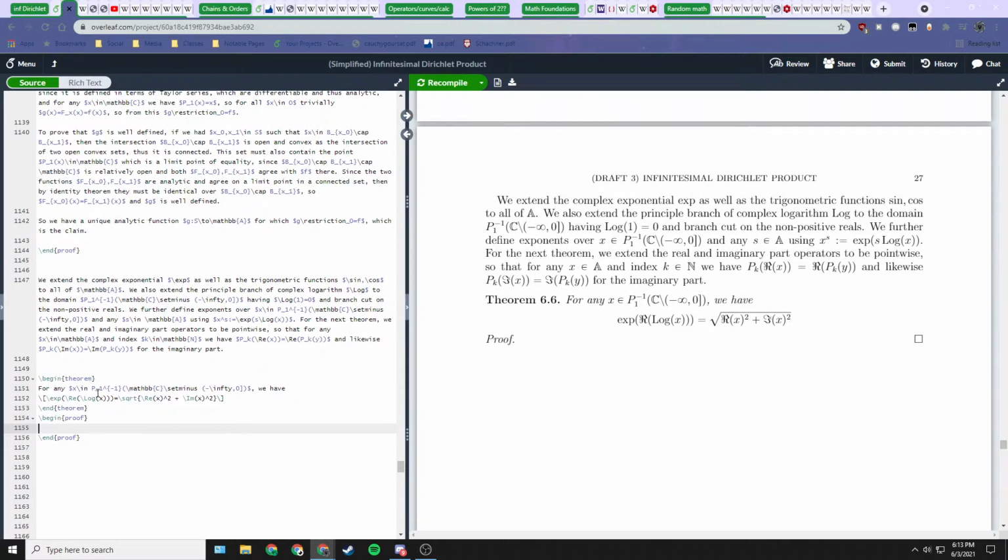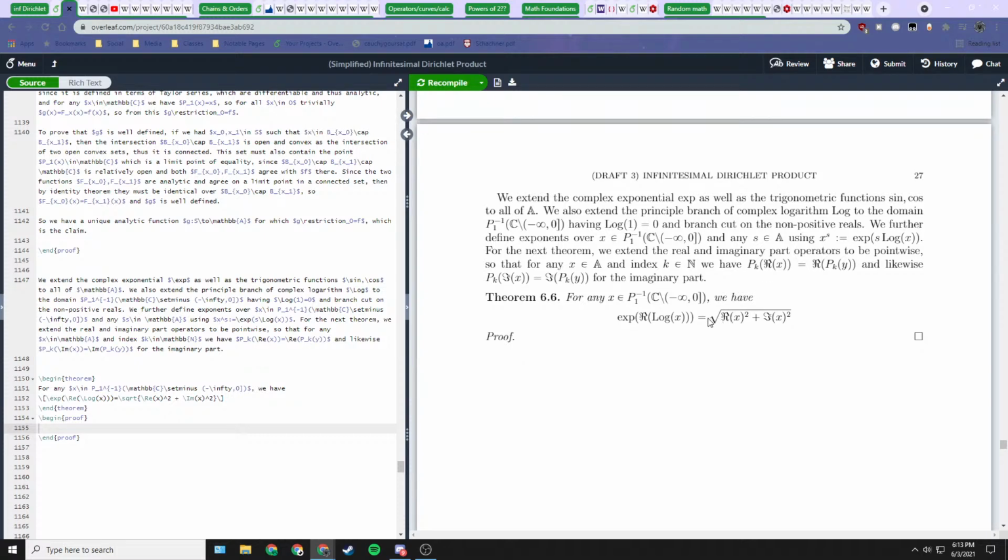You will probably recognize this from complex analysis. This is interesting though. Our exponential is actually defined in terms of the Dirichlet series. So is our real part, it's pointwise. Our logarithm is defined in terms of Dirichlet power series. The real part again, the square root, this square is just the Dirichlet product square. So we have lots of interesting things. The way that we work through this is we first note